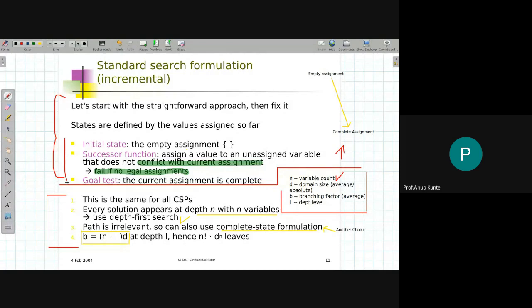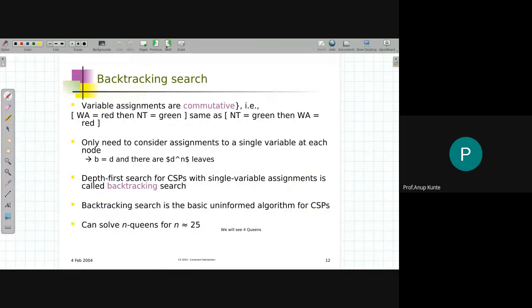Now when I want to convert it to a real executable algorithm, that is the backtracking search algorithm. Okay, this is exactly what backtracking search algorithm does. While doing backtracking search, you need to understand that variable assignments are commutative. That is, if I color one region as red and the other region as green, is same as saying it in a reverse order. So order doesn't matter. Which region I color first and which region I color next, that doesn't matter.